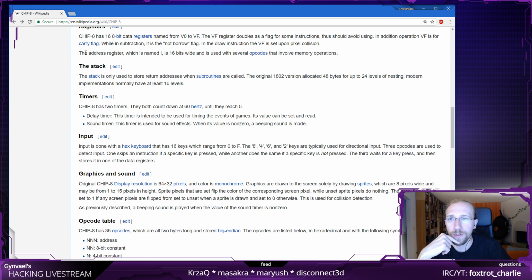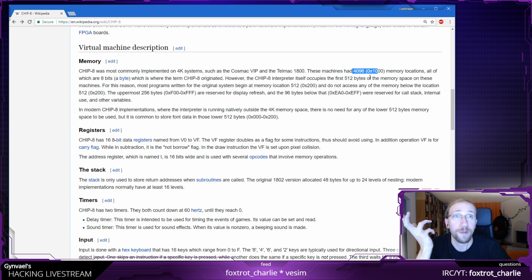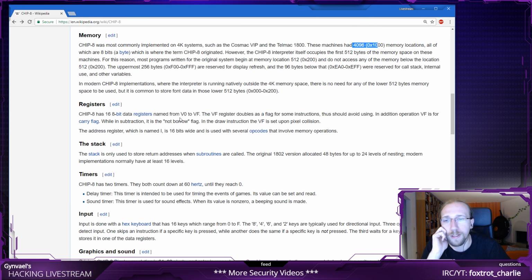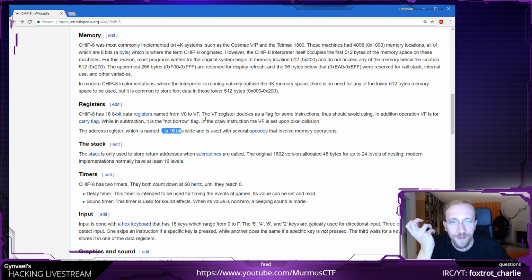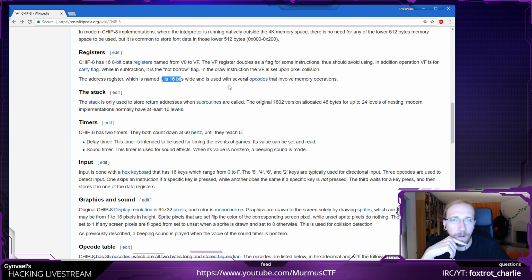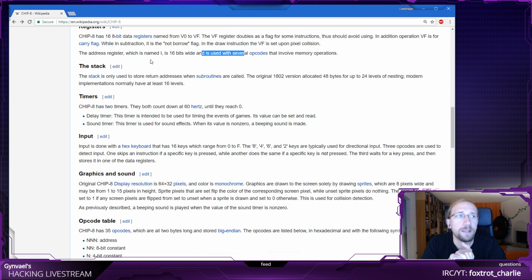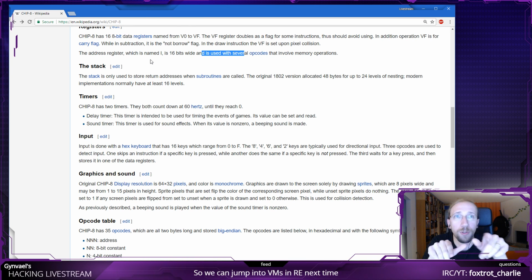There's an additional address register which is named I. It's 16-bit wide because you cannot address 4 kilobytes of memory with just 8-bit registers, which would only give you 256 addresses, and you need more, so that's why you need a larger register. That being said, this amount of memory is enough with 12 bits, but I guess they had 4 spare bits, so that's why it's 16 bits. It's used with several opcodes, blah blah blah. So it's quite normal, if most of your registers are only 8 bits, to have a larger register for memory addressing in this case.